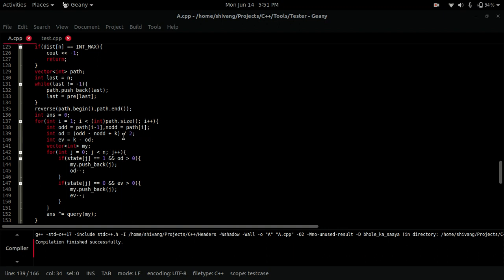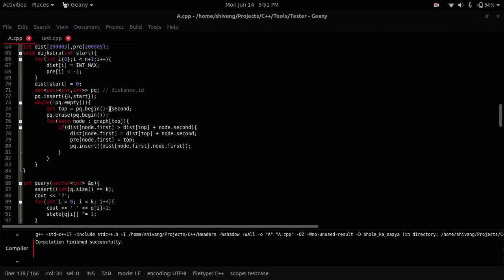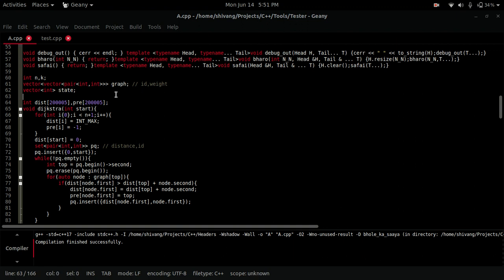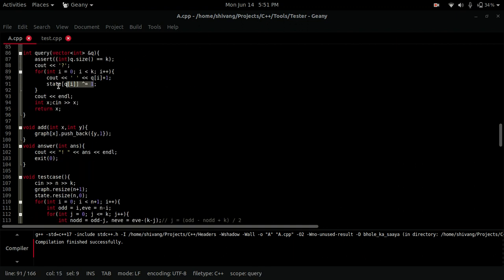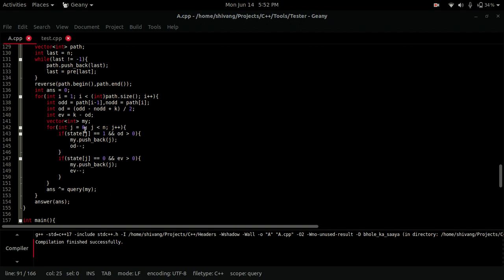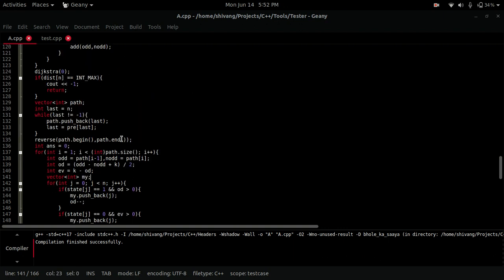Now how do I keep track of which elements have occurred an odd number of times and which elements have occurred an even number of times? I do that using this state vector. So whenever I make a query, I XOR it with 1. So if the state is 1, it means that it has occurred an odd number of times already. If the state is 0, it means that it has occurred an even number of times already. The state is initially 0 for all of them. And all these transitions are going to be meaningful. We are always going to get these many numbers from the odd bucket and these many numbers from the even bucket, because we have made sure of that while making the graph. This is always going to work.